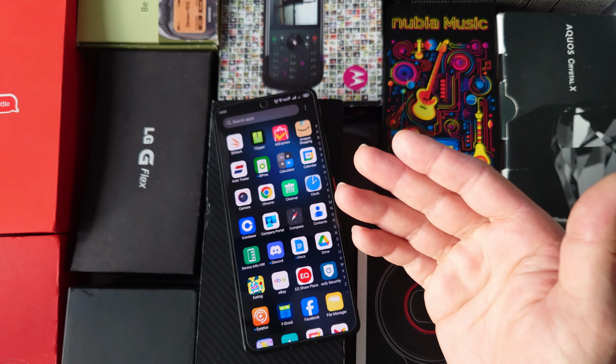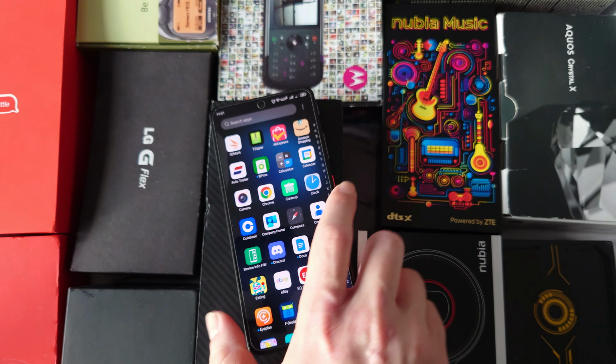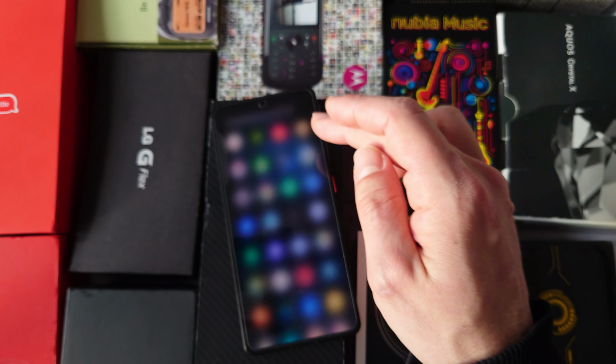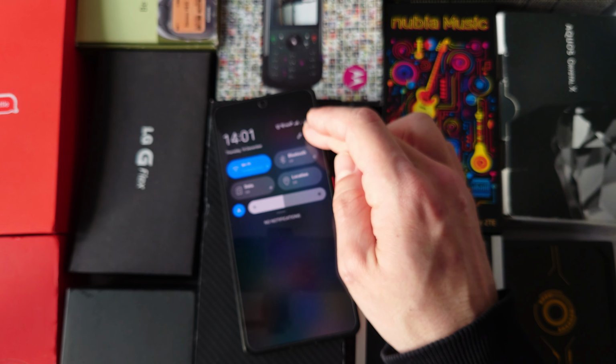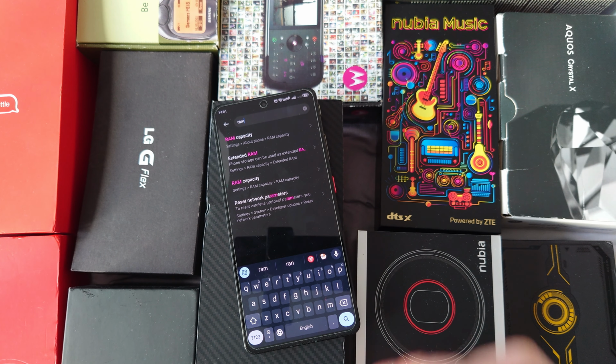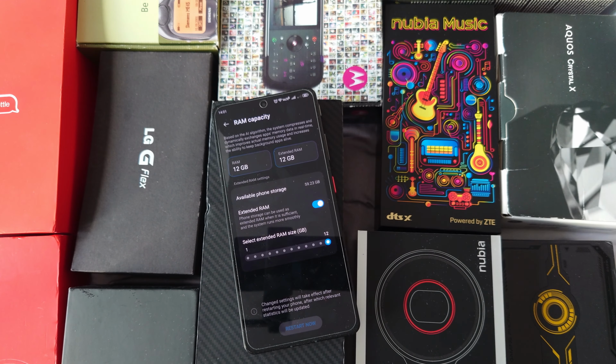The other thing is the RAM issues. Now, bloody hell, this phone has 12 gigabytes of RAM and I'm not sure how much I've enabled over here. Let me just have a look. Now, to be honest with you, it's been a while since I had RAM issues with phones. So basically, I have 12 gigabytes hardware and 12 gigabytes software boosted, 24 gigabytes of RAM, guys,